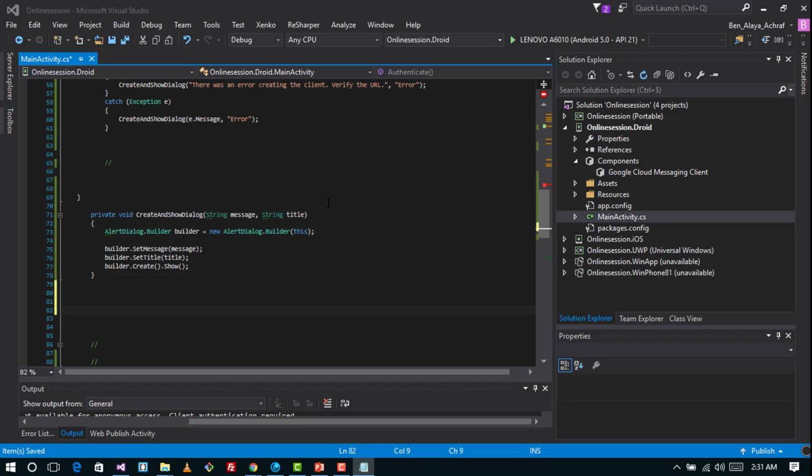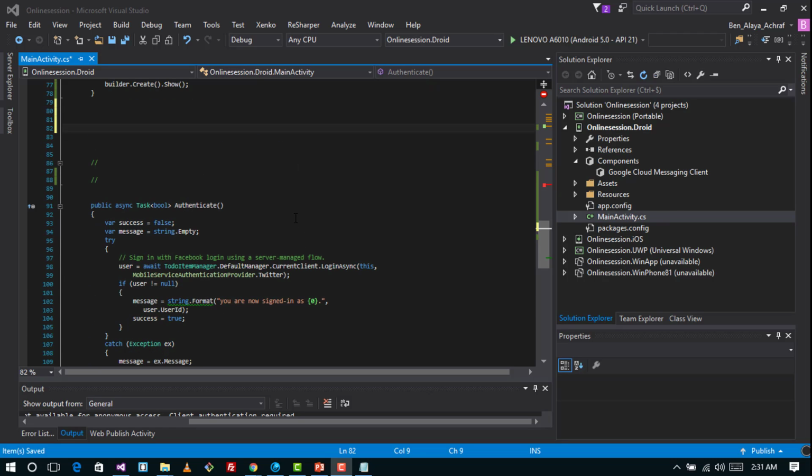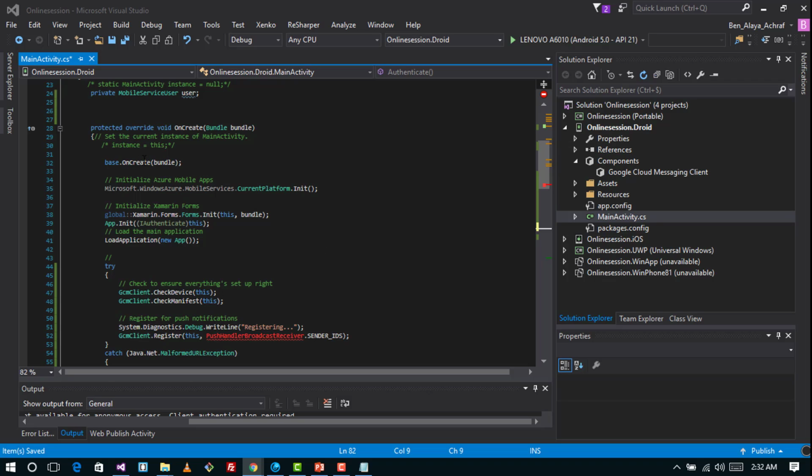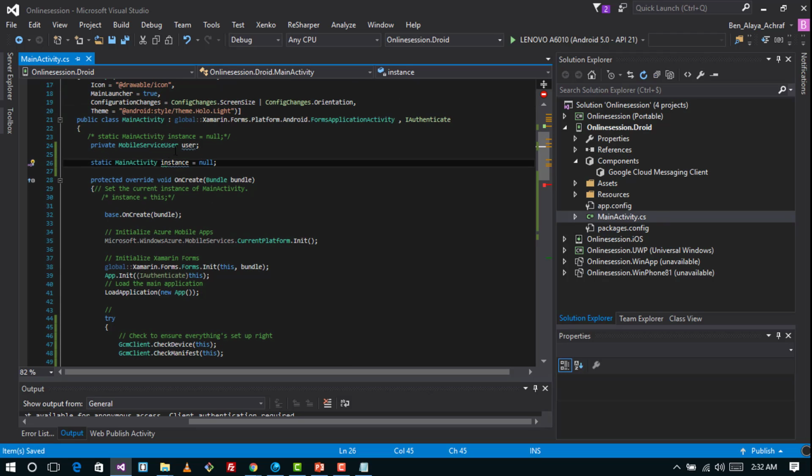Now we need to instantiate this message, and we are going to add some code to create an instance field for this activity. Alright, the instance is null,